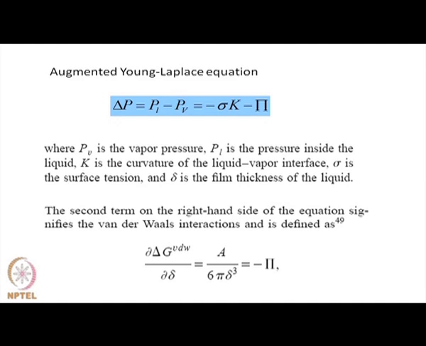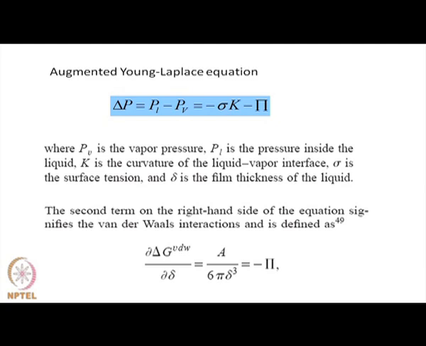So, we have the Young-Laplace equation. Here PV is the vapor pressure, PL is the pressure inside the liquid, K is the curvature of the liquid-vapor interface, sigma is the surface tension, and delta is the film thickness of the liquid. So, if we look thermodynamically, then the presence of the van der Waals interactions is going to change the free